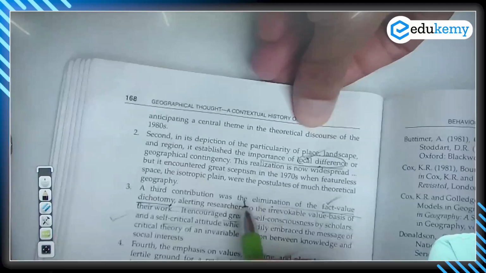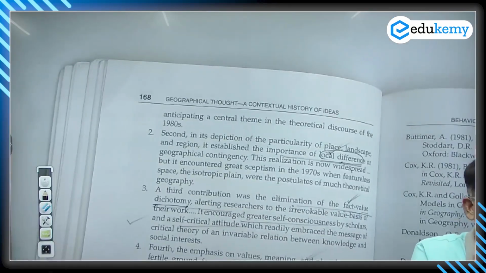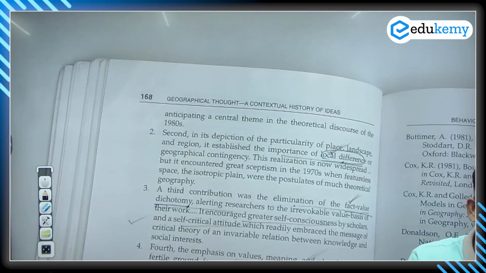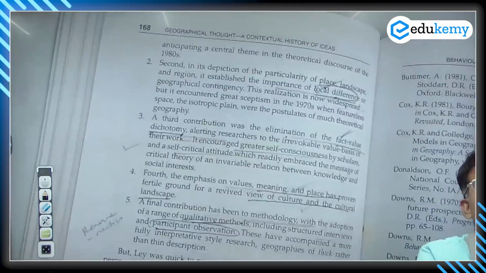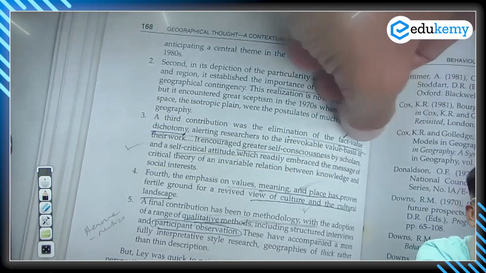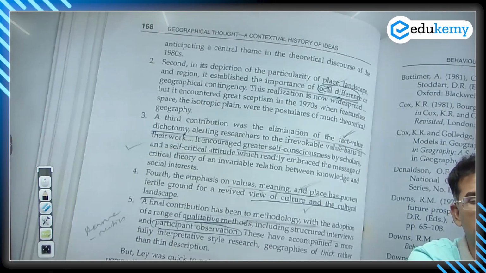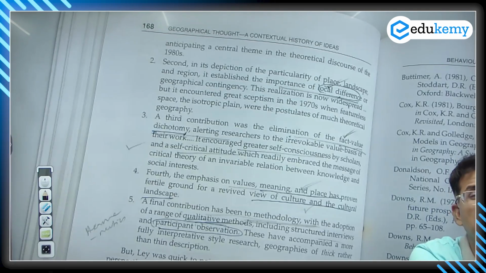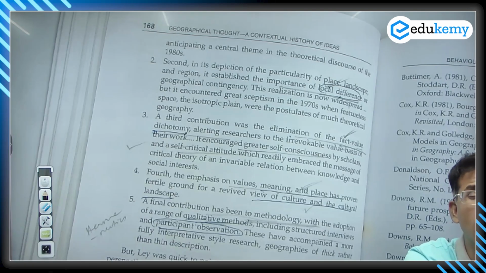Second is the study of local difference. Geography again becomes idiographic. Earlier you were making laws and generalizations. Now they say we study the uniqueness of a place. Geography studies local differences. The dichotomy of fact and value is now removed. Fact is observable, measurable fact. Values are belief systems. What is my value? Honesty. Punctuality. Forgiveness. Courage. These terms are not quantifiable. Courage, honesty, punctuality: how do you quantify that?